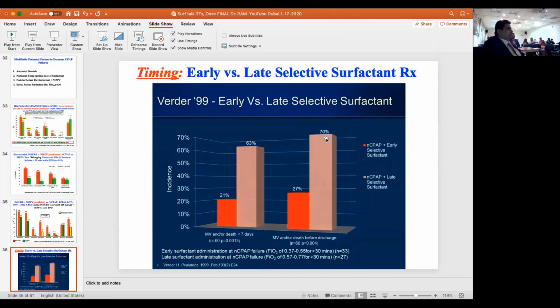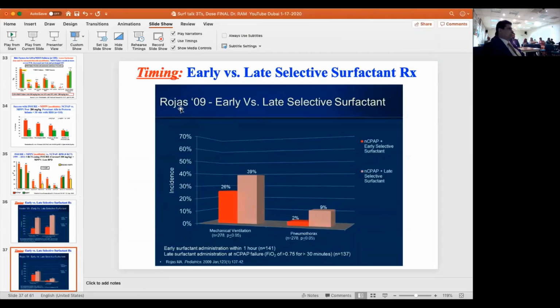Ten years later, in 2009, Rojas published in South America very similar findings. Early treatment: babies on CPAP within 1 hour. Late means FiO2 higher than 0.5 or longer than 2 minutes. You can see the need for mechanical ventilation was only 26% versus 39%. Pneumothorax was 4.5 times lower, 2% versus 9%. Two large randomized controlled trials have shown